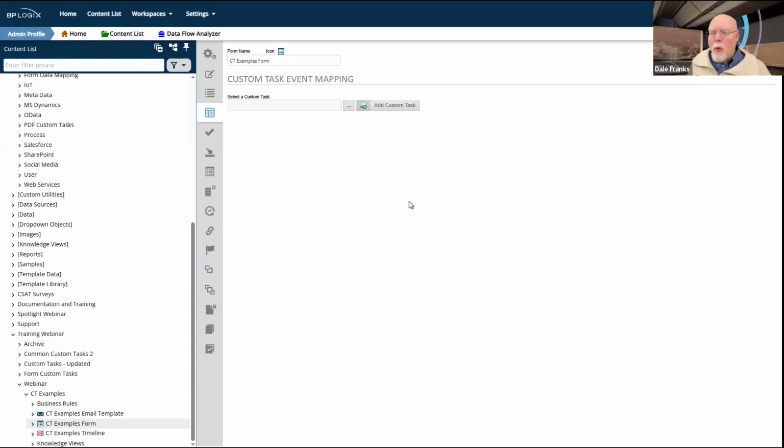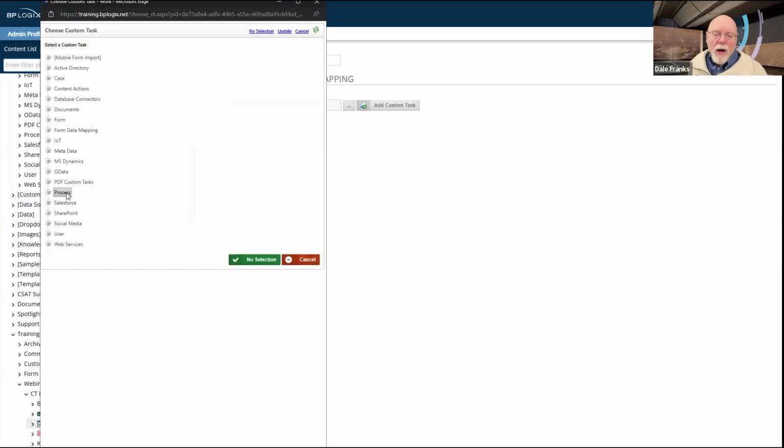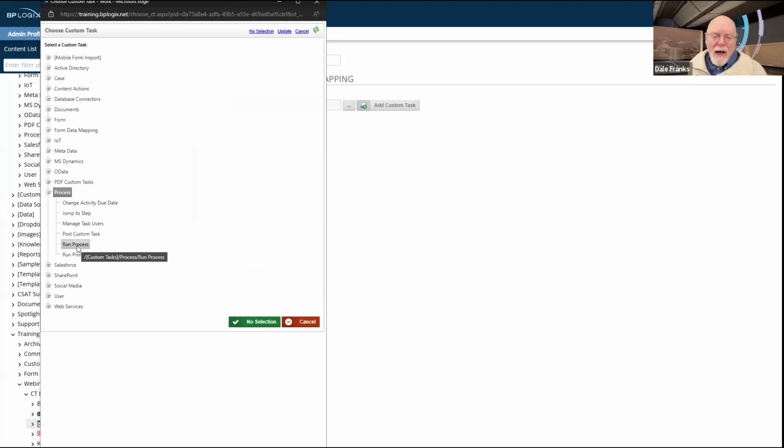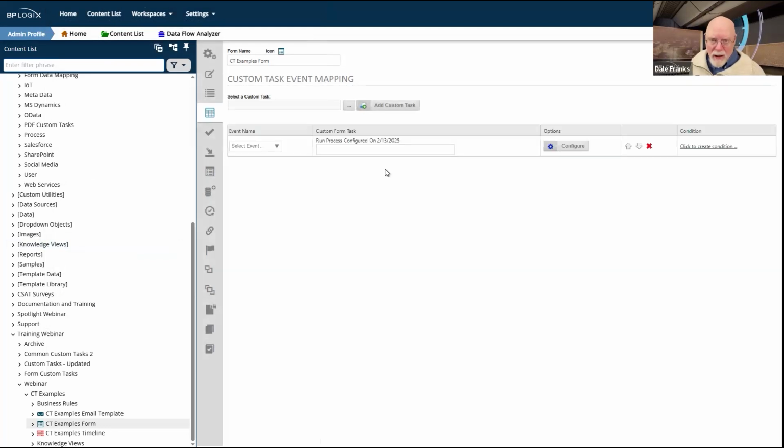So I don't want to run the convert to PDF directly from my form. What I might do in that case is call a process custom task. I'd just click on run process, and I could have a process that only really has one step to it. So a little timeline that has one timeline activity that calls the convert to PDF custom task.